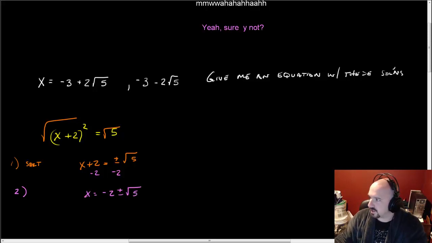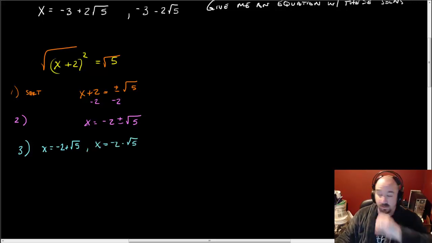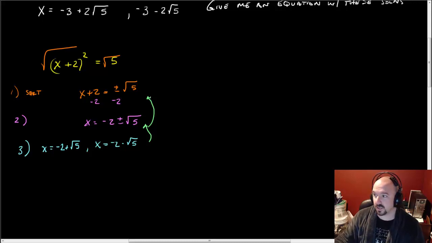And then step 3, we just separated these out and said, well, x is equal to -2 plus the root of 5, and x is equal to -2 minus the root of 5. Okay, well, now that we've got that, just go backwards. That's it. The end. Ta-da! And so